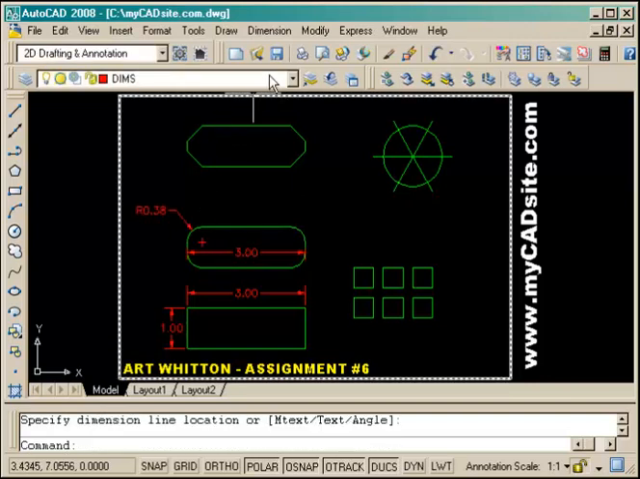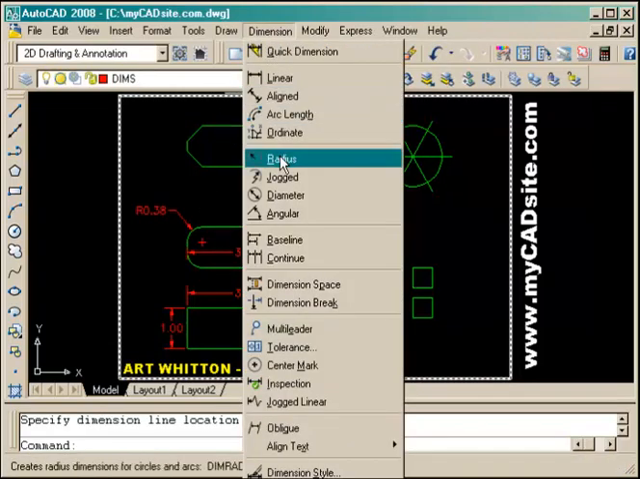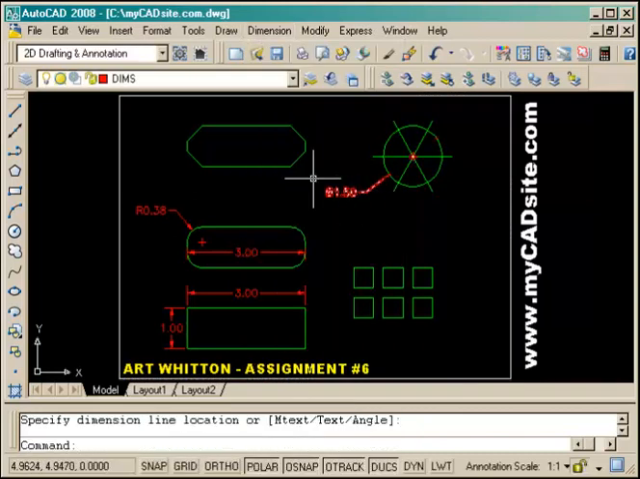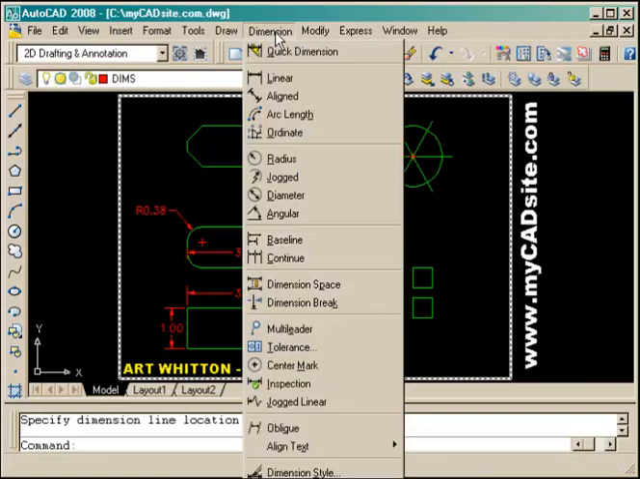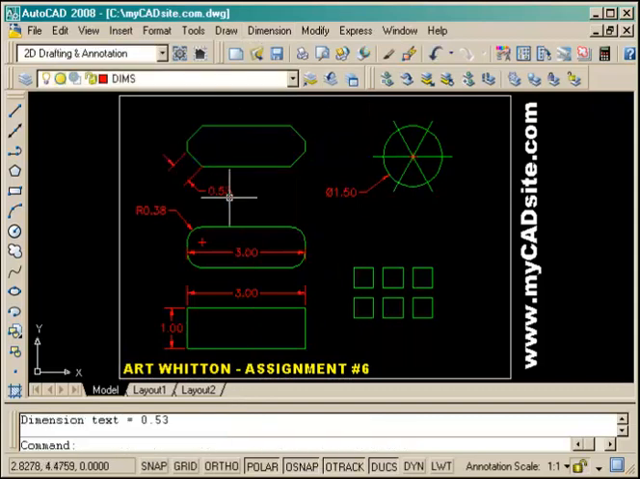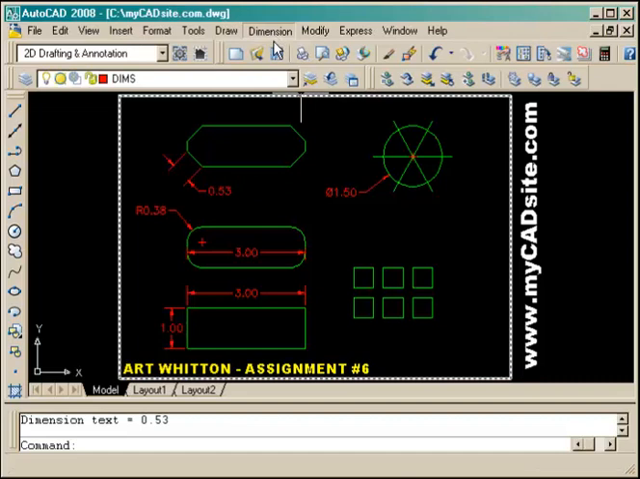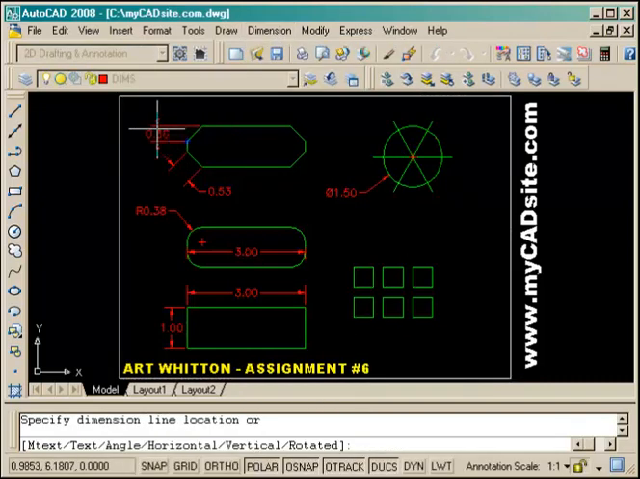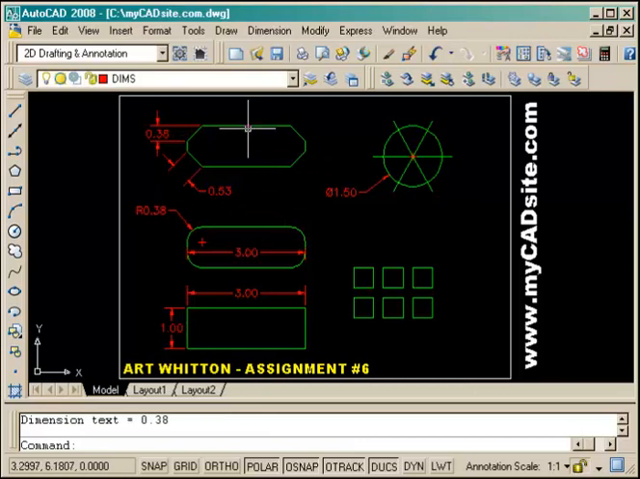Radiuses, same thing, pulls it out and then it puts a center mark in for where the center point of that arc is. And diameter puts in the diameter symbol in front of the radius, and aligned brings it out parallel, measuring the full length. You'll see that's 0.53, but if you remember from the other tutorial, it's actually 0.375 or rounded up to